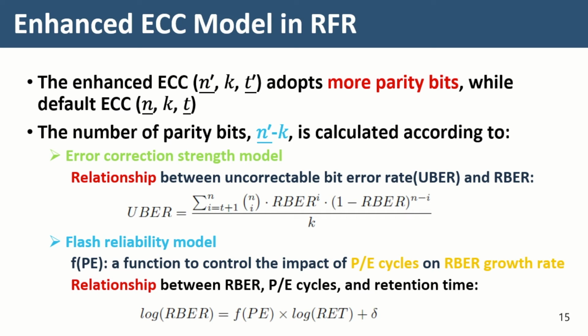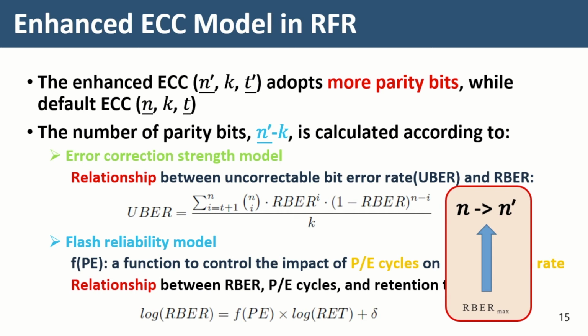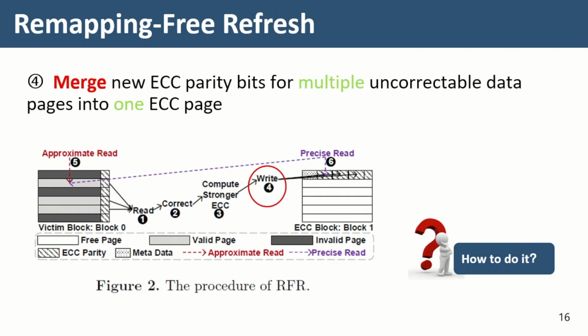The number of parity bits for the enhanced ECC is calculated according to two models: the error correction strength model and the flash reliability model. Based on the above models, we can obtain the estimated maximum bit error loads. Then the new code length for the enhanced ECC would be generated. In the first step, we need to pack new ECC parity bits for multiple uncorrectable data pages into one